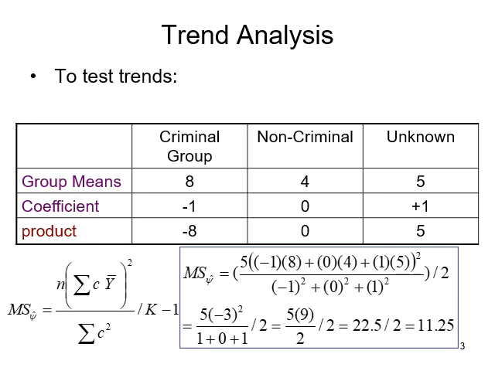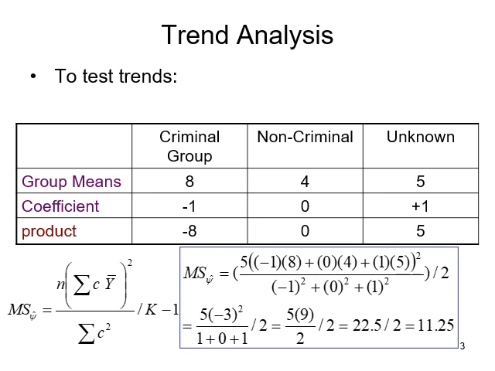That becomes 2.25, and at the very end of the equation everything gets divided by 2. And that 2, by the way, is k minus 1. It is your degrees of freedom between. So 22.5 divided by 2 is 11.25. So we have just created a new mean of squares representing the top of the equation, and it's representing actually